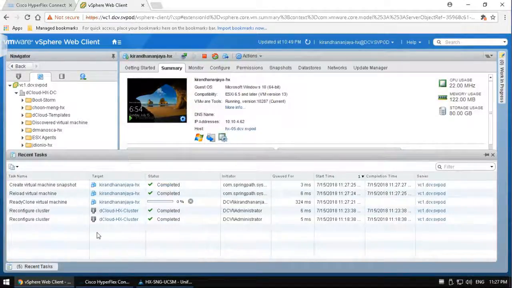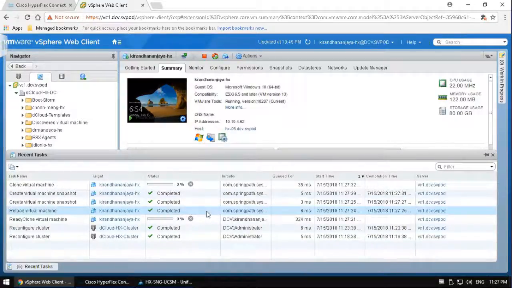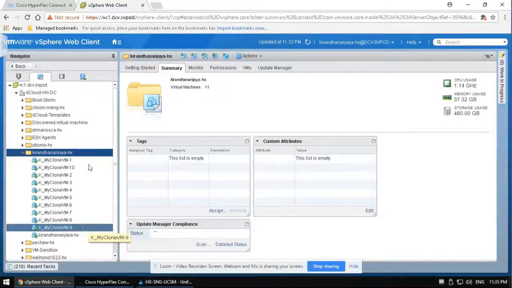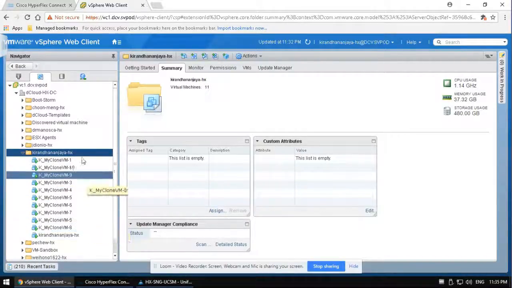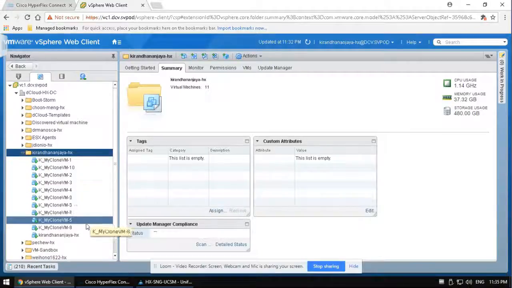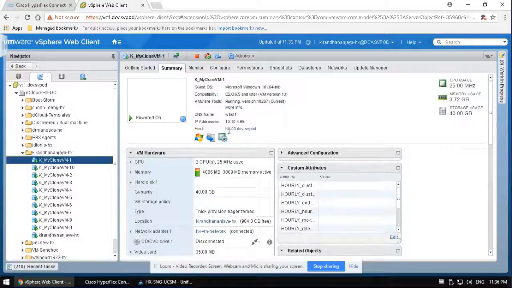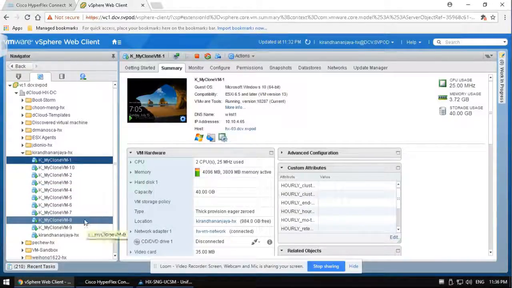Let's look at the recent tasks. All right, it is done. It was quick enough, and we can see all the 10 VMs created. And if I click on any clone VM, you'll see it has its own IP address, and all these clone VMs work as regular standalone VMs. Now, if I go back to home